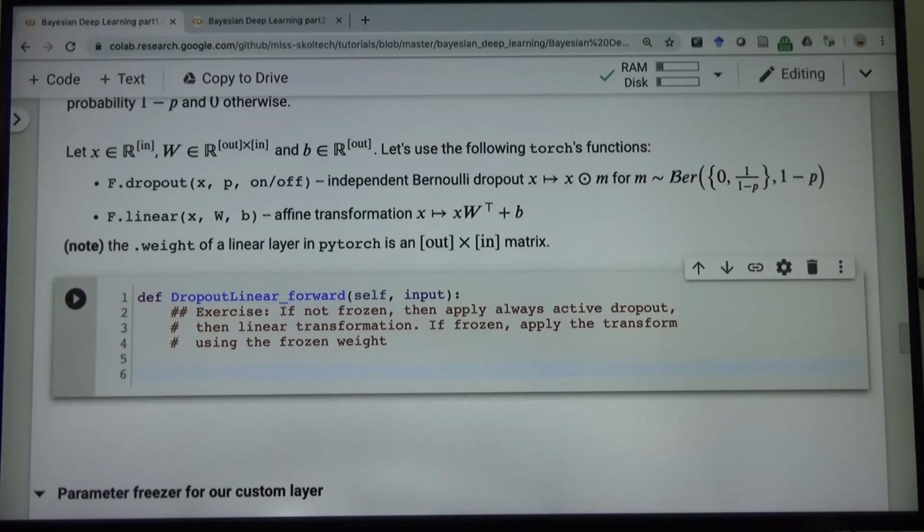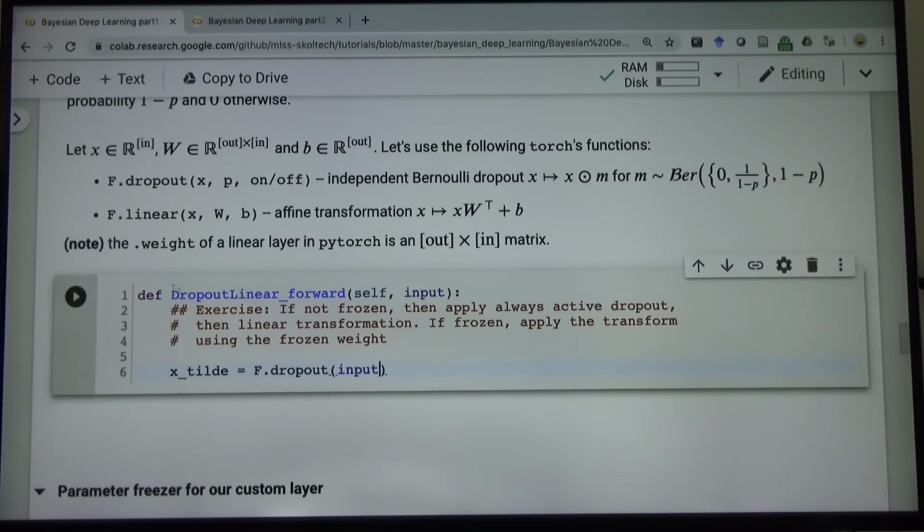Suppose we have no frozen weights, okay? So we do this. X tilde is F.dropout of the input. Here is the reference input, then we have to put the rate, self.p. We expect that our layer will have this attribute. And we set training to true, because the last argument